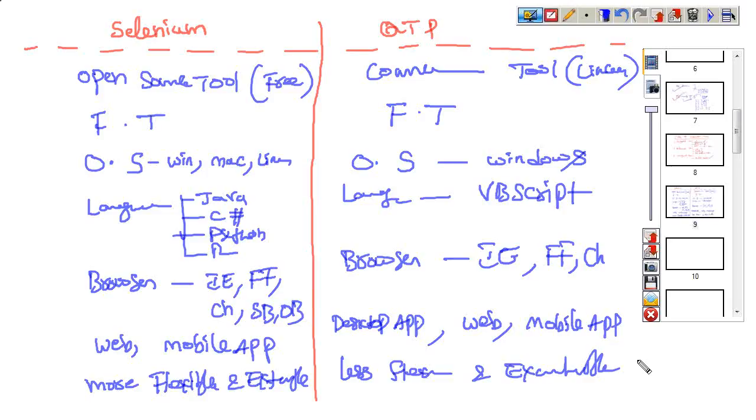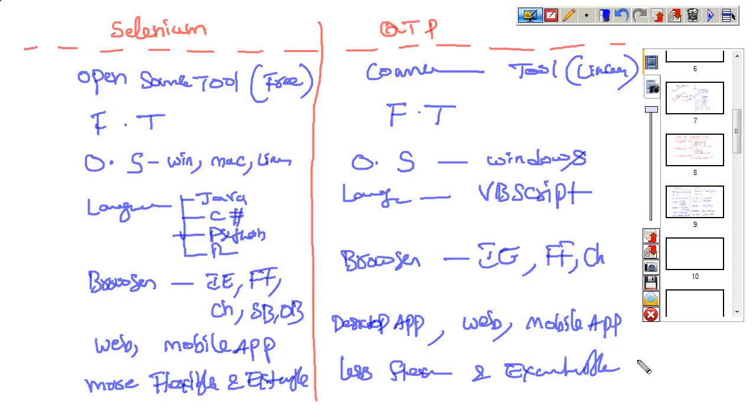But QTP supports only VB script by default. Selenium supports multiple browsers: IE, Firefox, Chrome, Safari, Opera. But QTP supports only 3 browsers: IE, Firefox, Chrome.